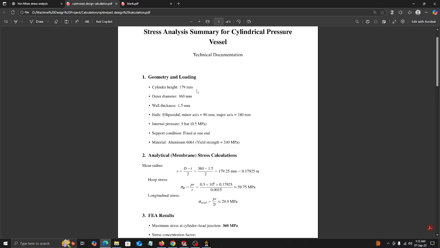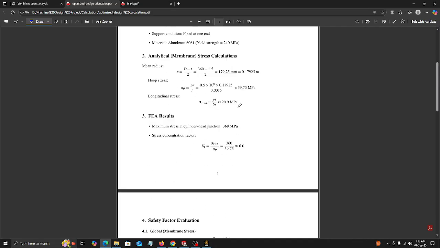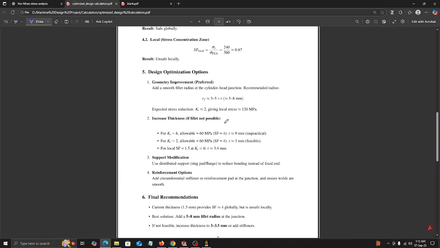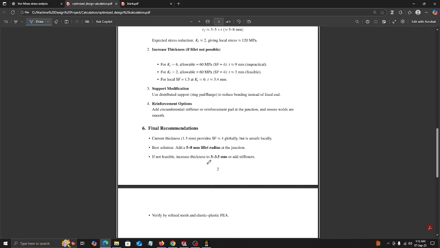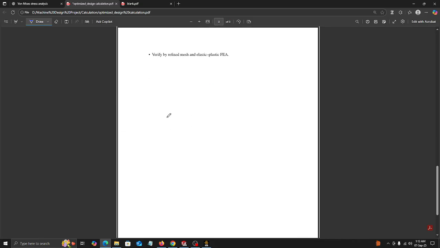So our height is similar. We have got above 179 millimeter. Our outer diameter is 360 millimeter. Our previous wall thickness was 1.5. So for now we have got a thickness of 3 to 3.5, and with stiffeners we can,